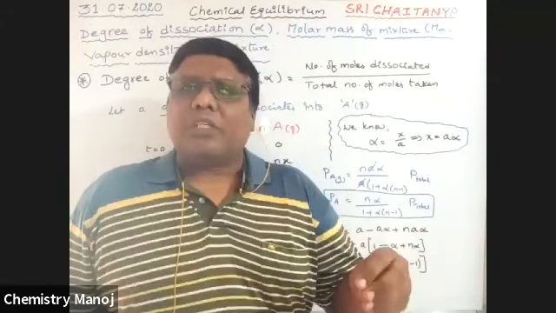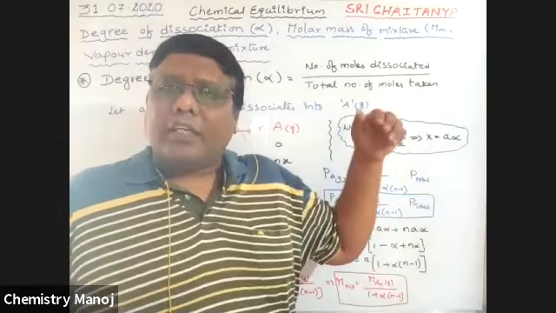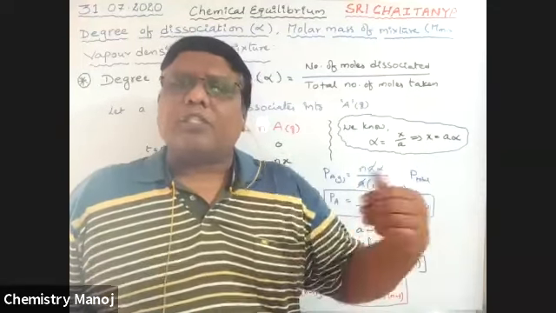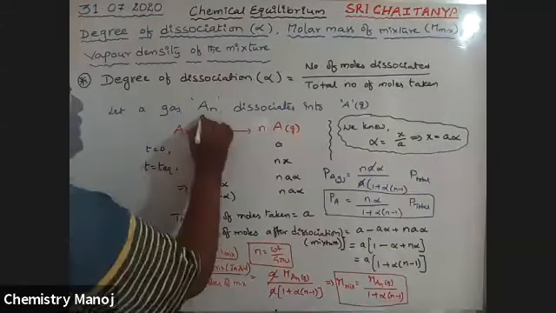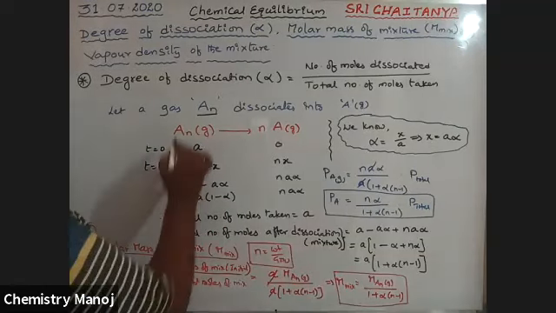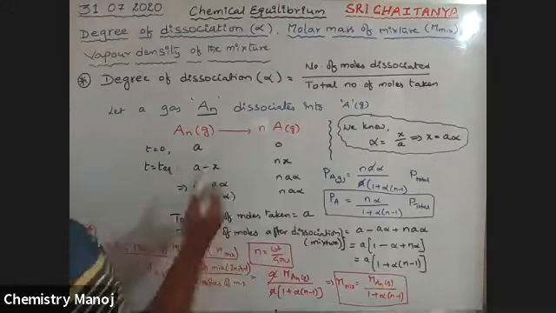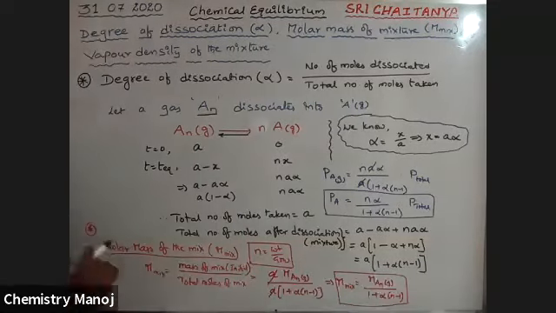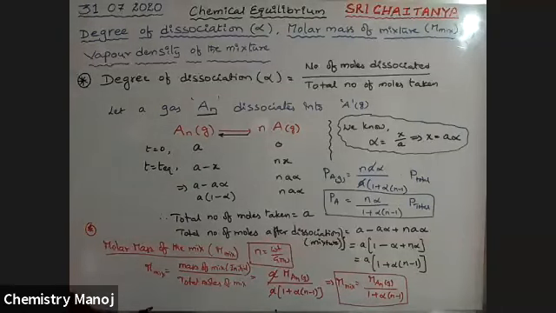So how many moles of the reactant are actually taken, that is, originally taken. At the time of equilibrium, something is going to be dissociated into products. How many moles are dissociated? See here, my dear boys. Let us take a reactant A that dissociates into n particles. So 1 mole of this chemical is taken, and it is going to be dissociated into n particles. This is the equilibrium reaction. I am trying to explain how to find the degree of dissociation.